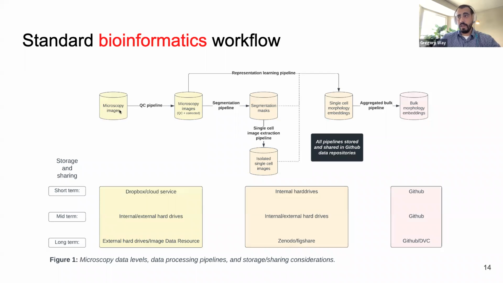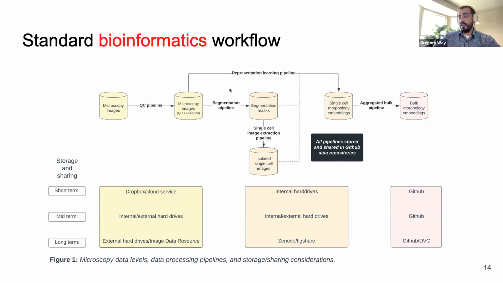So we take these microscopy images, we perform a QC pipeline to adjust them and make sure that we're analyzing the cleanest possible data and removing all known artifacts. And from there, we have a couple of decisions to make. We can apply representation learning pipelines, which I'll talk about in the next couple of slides. And then we also most commonly perform a segmentation pipeline to identify the boundaries of the cells. And from there, we get these masks that are output, which are going to distinguish background from foreground. And then there's an optional step here, which I won't discuss.